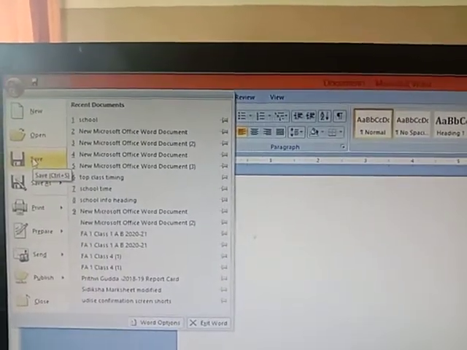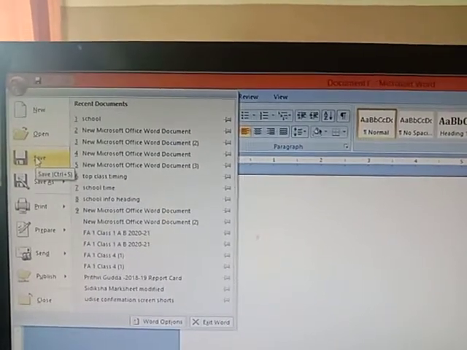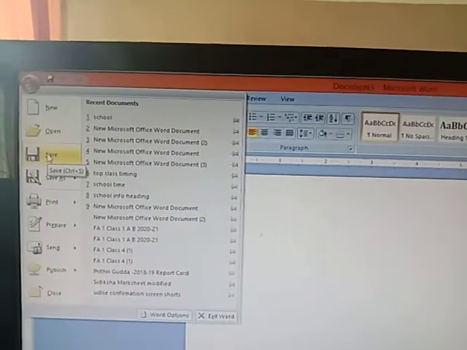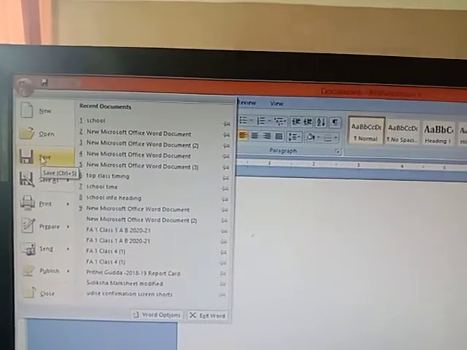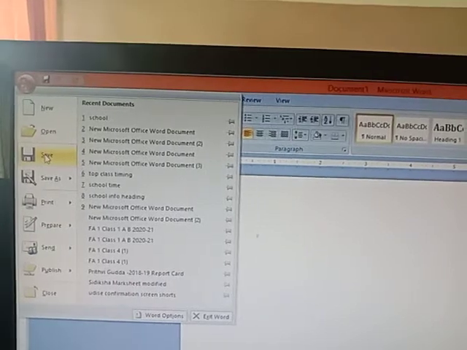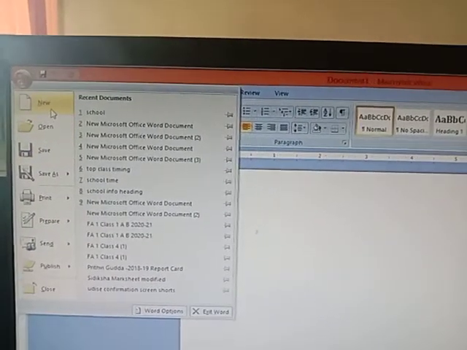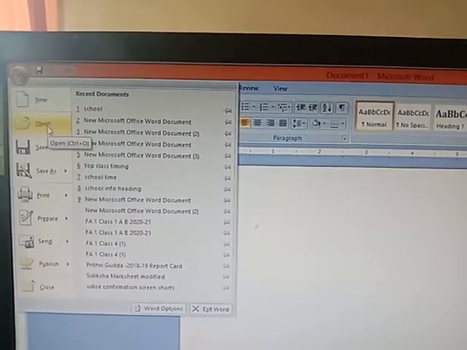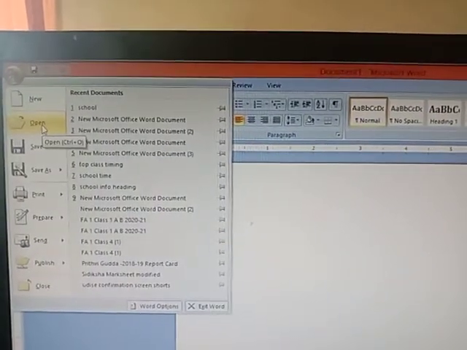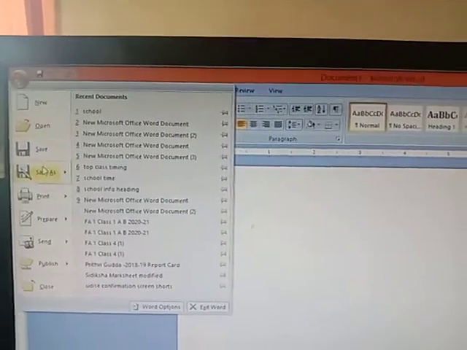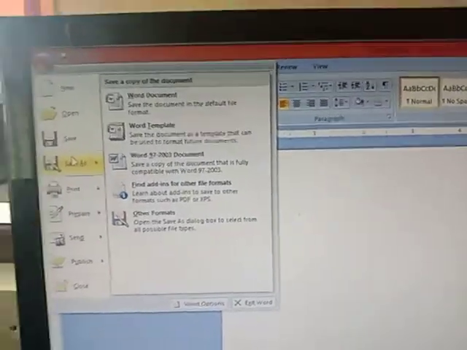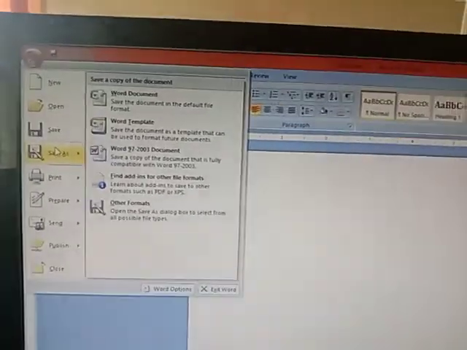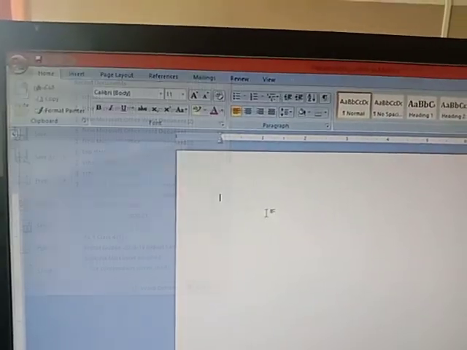You all know you have already worked on WordPad and Notepad typing applications. So this is one of the typing applications. To save the document, save is used. And to open a new page, there is a new button. To open an existing document, you can use this open option. So these are the basic options for file maintenance. Okay. So this is the file. Okay, children. Now I will click outside.